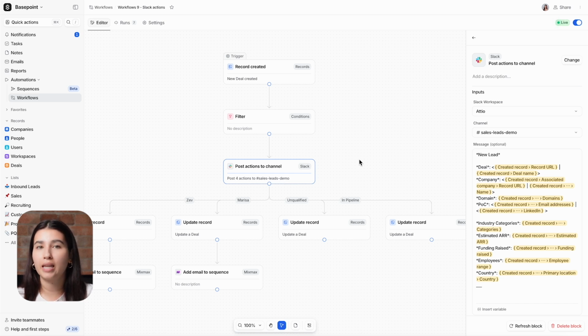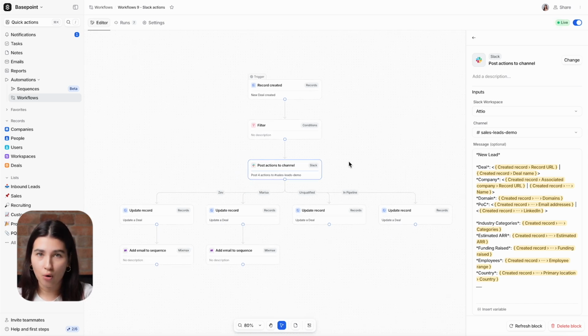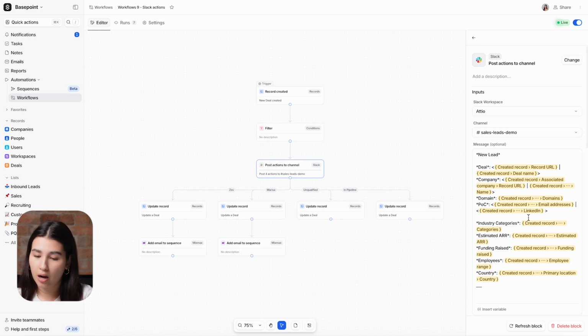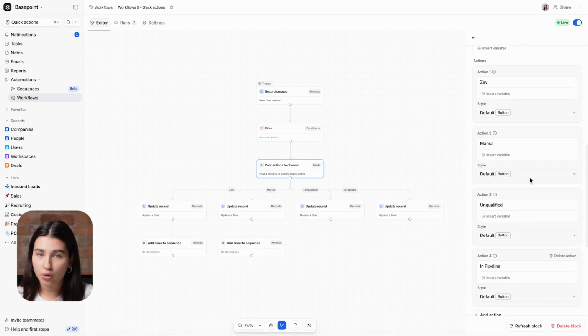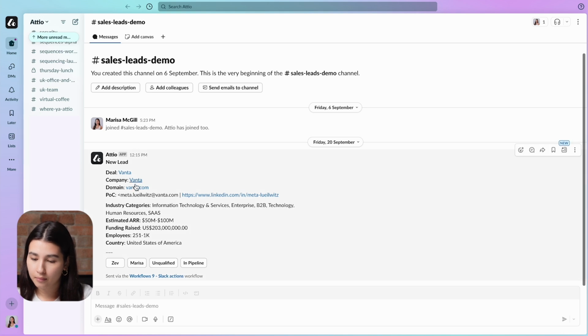We're then inputting the action options. Here I have 4. I have 1 to triage leads to Zev, 1 to triage leads to myself, 1 to mark leads as disqualified, and a final 1 to mark leads as already being in the pipeline. So this message will be sent to Slack and it will look something like this. And here you can see it has the body of the message and then a button for each of the